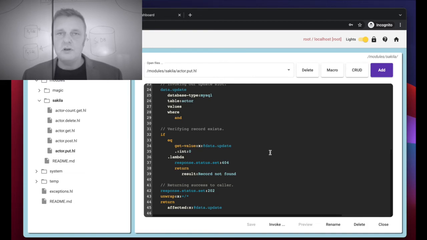And this is basically the first database CRUDify Hyperlambda tutorial in our series. There's a link in the description of this YouTube video to where you can download Magic, and to an article also accompanying this video going slightly more into depth of what we actually just did using Magic, in addition to a link to where you can